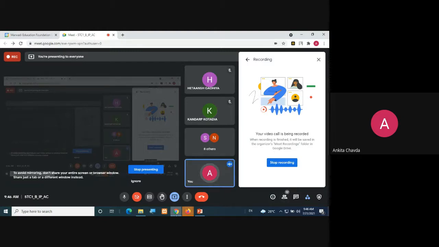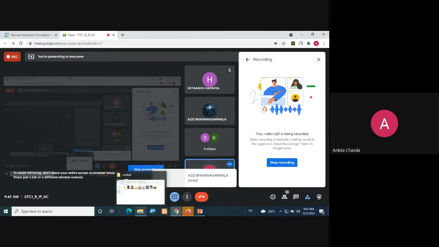What we have done in our previous lab, that is a few of the commands related to file input, output, and so many things. Fine. Now, today, what we are going to do is first open the virtual lab.